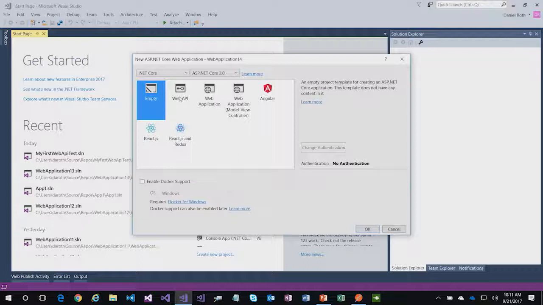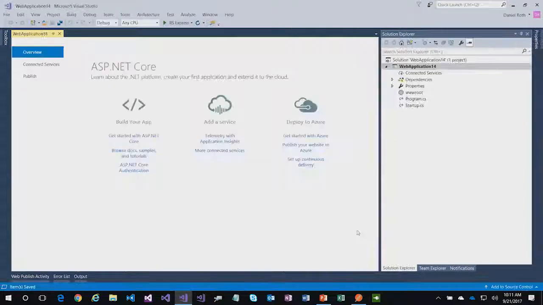There is a web API template that has the stuff that I'm going to show you how to set up already set up for you, and that's great. But it's kind of nice to be able to see the steps. So I'm going to start with empty and show you just the simple pieces you need to do to get web API up and running in an ASP.NET Core app. All right, cool. So now we have essentially a bare bones empty ASP.NET Core app that can receive HTTP requests